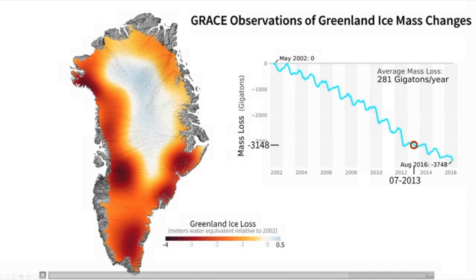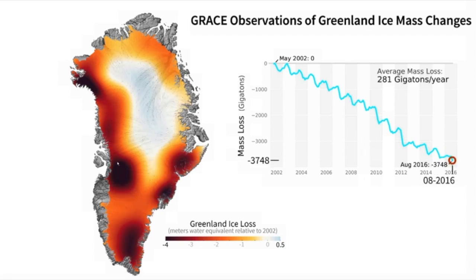But if you look at the patterns again, most of the ice loss is around the margins, and a lot of it is actually concentrated in this